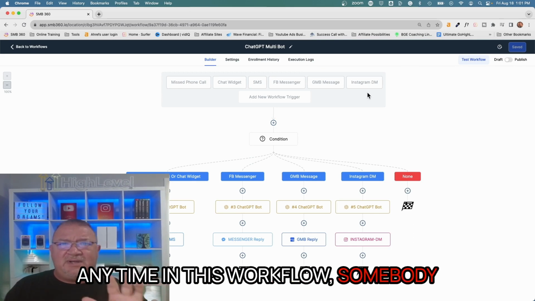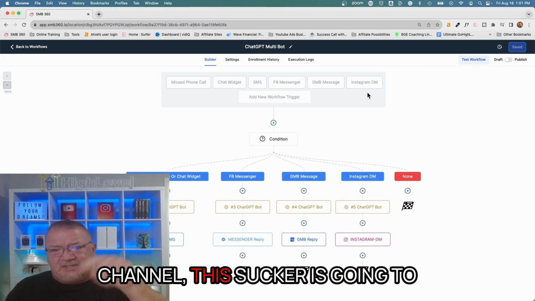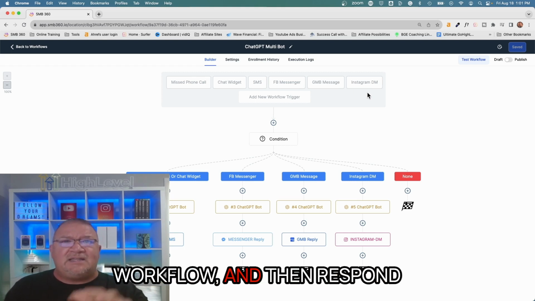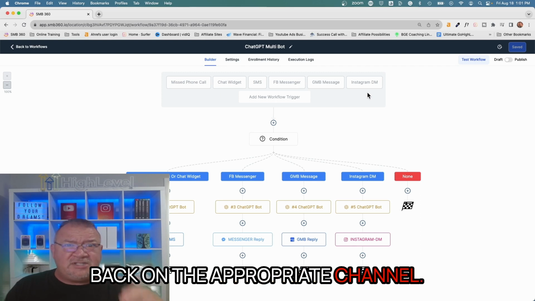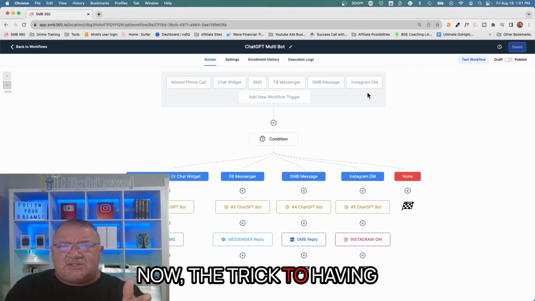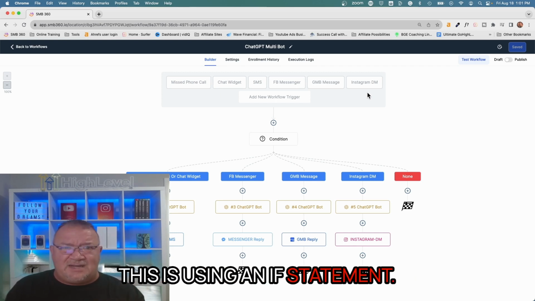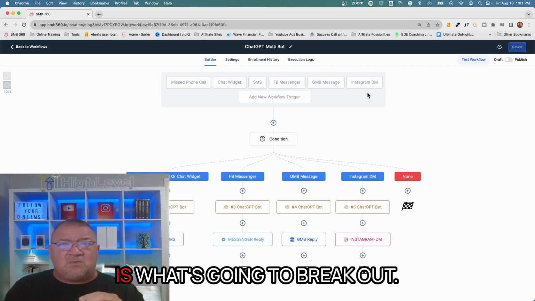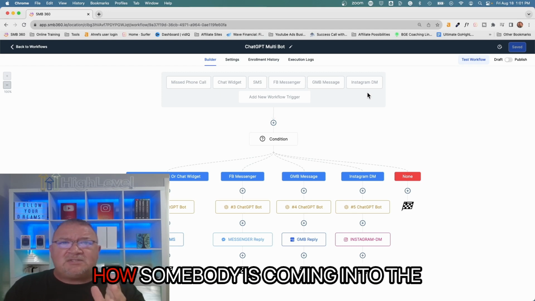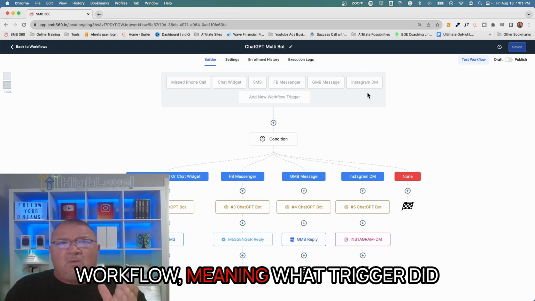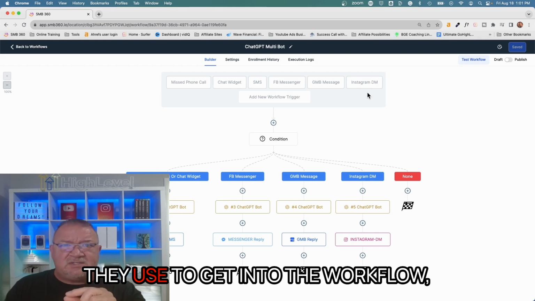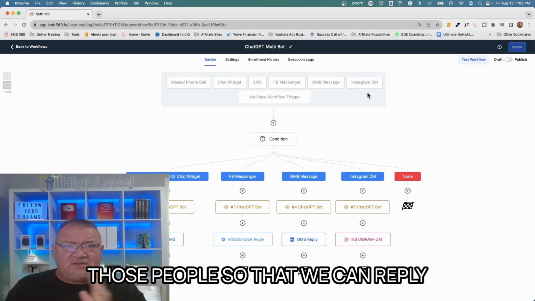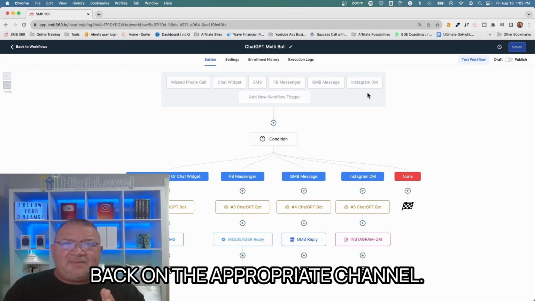Anytime in this workflow somebody wants to communicate on any channel, this is going to fire and route it to the appropriate place in the workflow and then respond back on the appropriate channel. Now, the trick to having this is using an if statement. There is an if logic condition in here, and it's what's going to break out how somebody's coming into the workflow, meaning what trigger did they use to get into the workflow, and then we're going to utilize that trigger to segment each one of those people